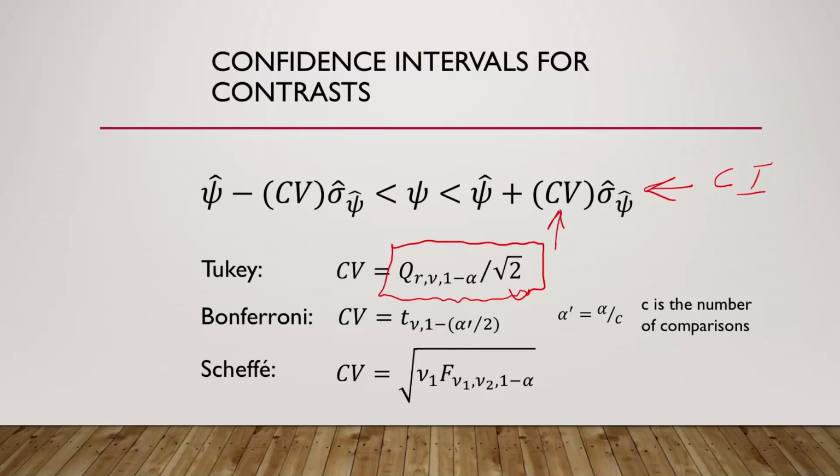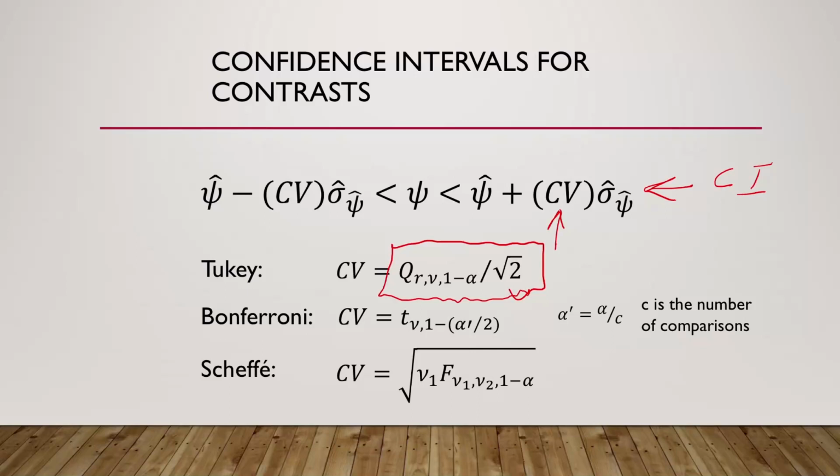But this is from what's called a studentized range distribution. So it's another probability distribution. You could learn about it if you want. Go ahead and do a web search on the studentized range distribution, and you'll learn all about it. The symbol that is typically used for that is Q, and so you'll see that's what I'm using here. And this particular critical value is associated with Tukey's method. So we're going to let R do the dirty work for us behind the scenes, and we're only going to say we know that's what's happening under the hood